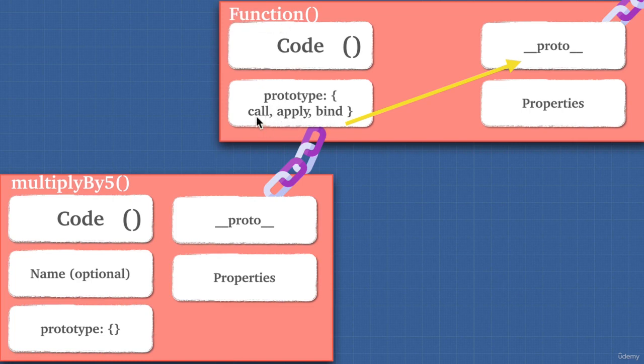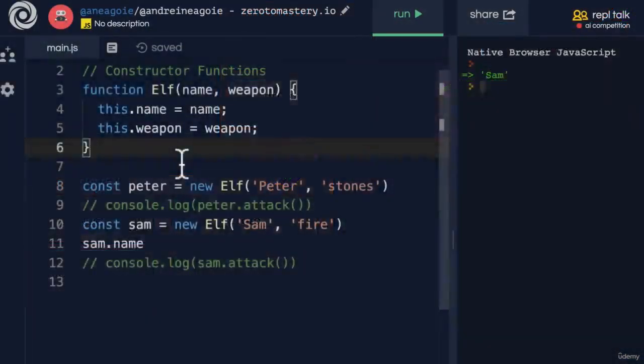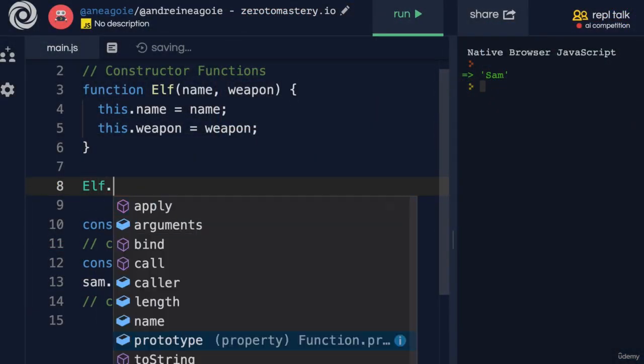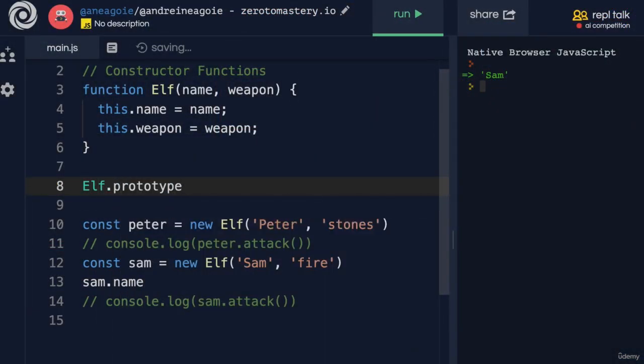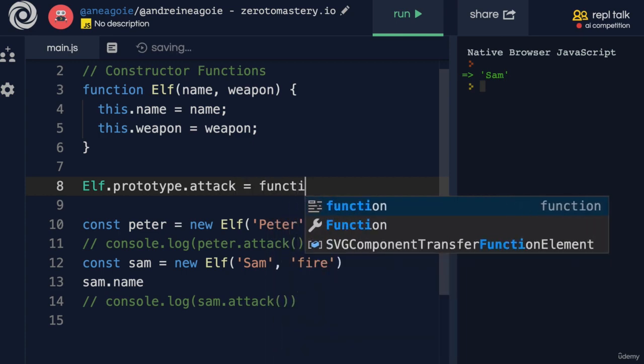Arrays come with things like map, reduce, forEach, because they're built out of the array constructor function. In our case, we can add our own to the prototype. So that now we can do elf.prototype, which we have access to, and say attack. So we're adding the attack method on the prototype,